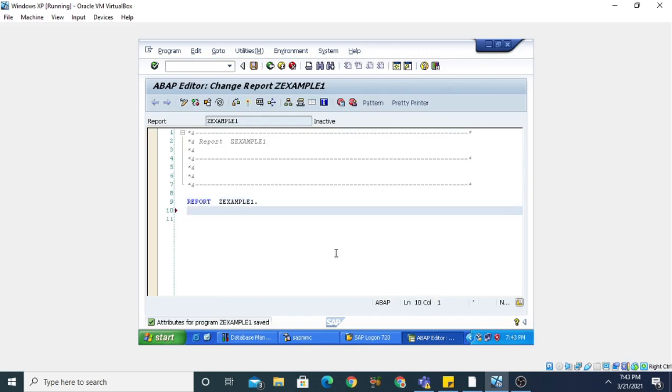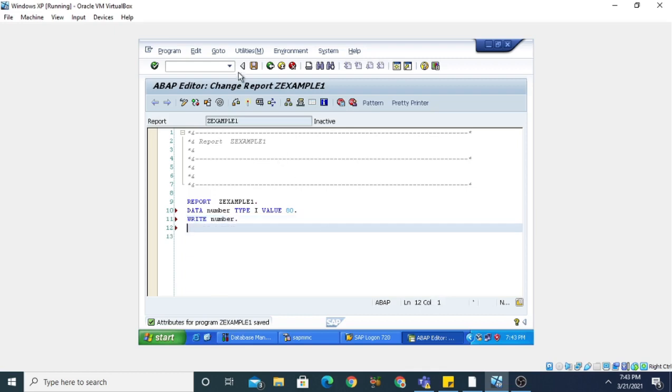Now I'm going to write the program. Suppose I'm going to create the first data object, and this first data object is data number, and the type is integer. I'm assigning the value, that means I'm making it a constant. The default value I have assigned is 80. Now I'm going to write here, this is the write statement, and this is the number data object.